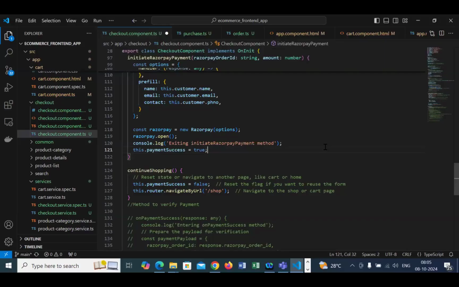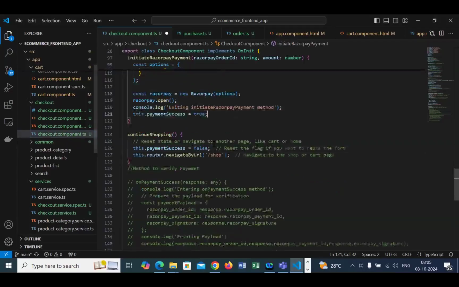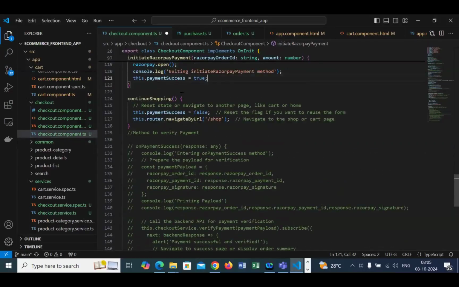You are putting Razorpay verify payment method is there, right? When it is calling. No, that we have not done. Okay, in the checkout component, there is a verify method. So again, for the verify pay method, what we have to do